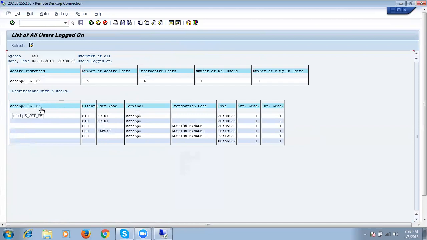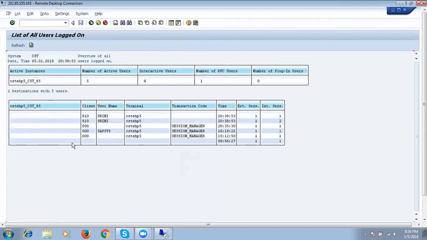See, this is application server 85. In this application server 85, these are the users logged into the system. In the same way, we can find the users list for all application servers in AL08.